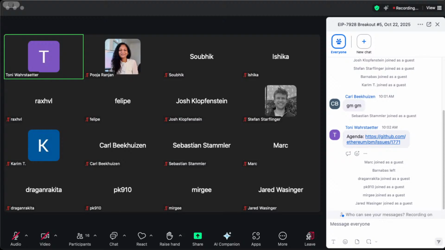So let's directly start with the first agenda item, which is the Coinbase handling in the block level access list. To give you a quick recap of how it works right now: the Coinbase address is only included in the block level access list if it actually changes.